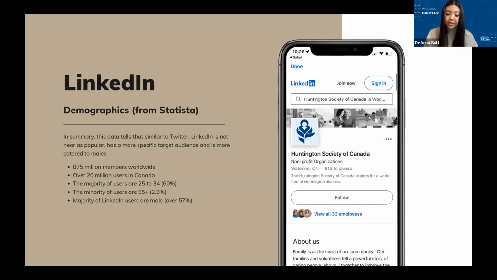The least popular age group on LinkedIn occupied about 3%, and that was 55 plus. The majority of LinkedIn users worldwide are male, just over 57%. So in summary, again similar to Twitter, this data tells us that LinkedIn is not nearly as popular, but it does have a specific target audience and is catered to males.